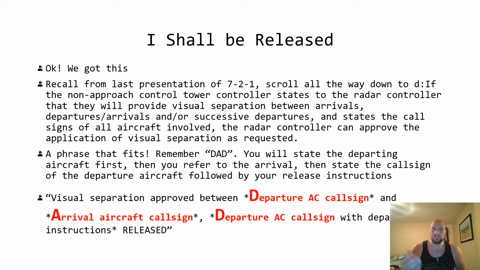Scroll all the way down to D, and if the non-approach control tower controller states to the radar controller that they will provide visual separation between arrivals, departure arrivals, and/or successive departures, and states the call signs of the aircraft involved, the radar controller can approve the application of visual separation as requested. Now, just pause. We did not have the Aguadilla controller state all of that. We can suspend disbelief and pretend that they did, right? That they know what they're saying. More often than not, they do